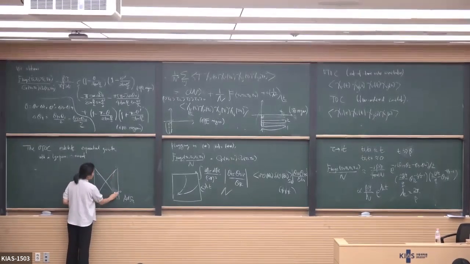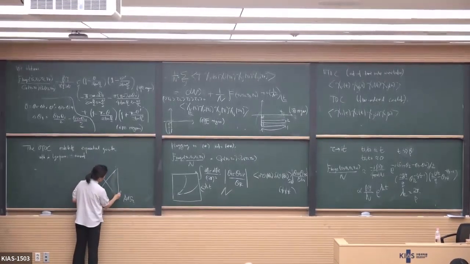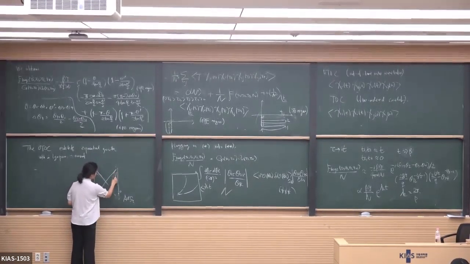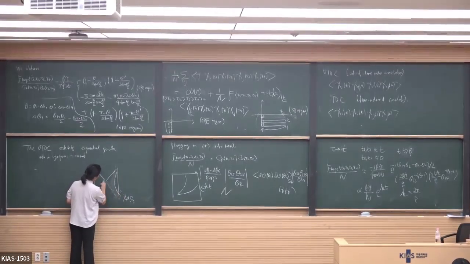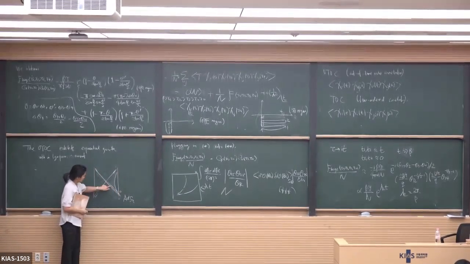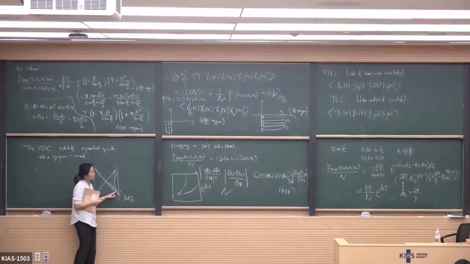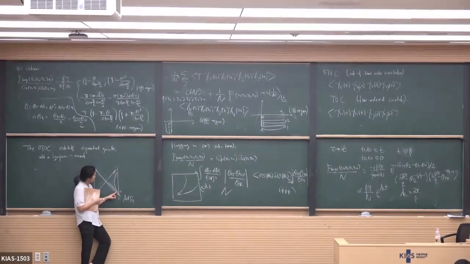So in the dual gravity theory, we actually have a black hole in JT gravity, and we imagine we send in some perturbation. Okay, send in some perturbation here. Now, there's this fact that